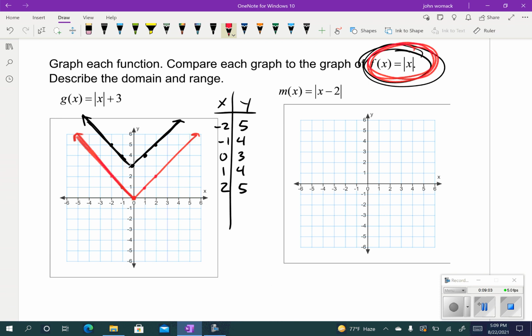Okay, hopefully you just said, yeah, it's just shifted up 3. So that should tell us something. When I added 3 on the outside, it just took the graph and shifted it up 3. It turns out, and we can probably guess this now, like if I were to subtract 2 from the outside,